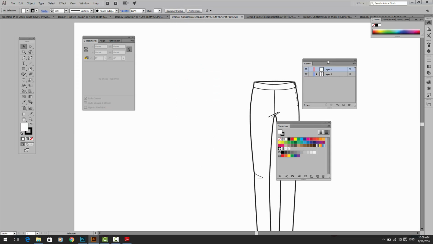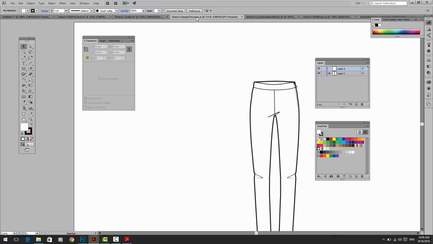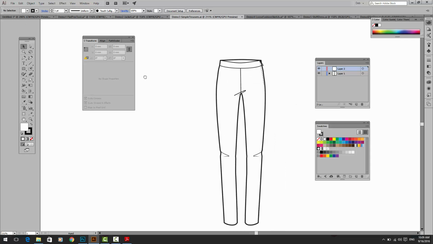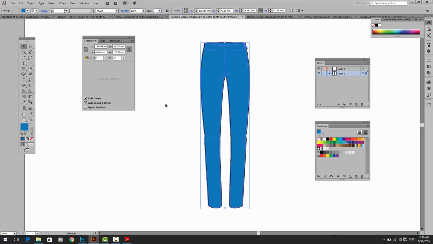So we already talked about patterns and filling the object with a pattern, briefly in the jacket demo here, filling the jacket with a basic plaid or checker pattern. But I want to mention, and again I'm going to give a talk on patterns later, so that might be a repeat, let's say you want to fill these trousers with a blue color for jeans, and then have a pattern texture on top of that. There is a way of overlapping lots of different patterns and lots of different styles on top of each other,